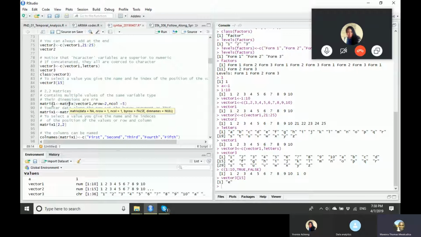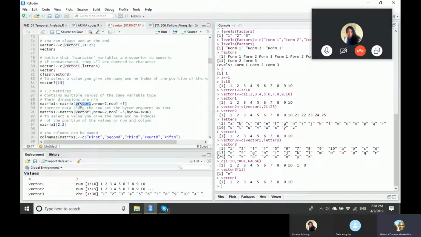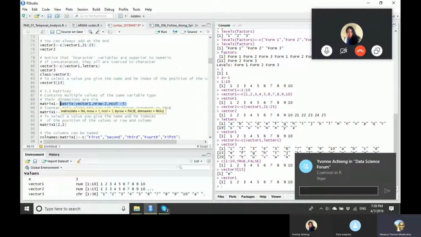For example, say we were creating a matrix. We're using the first vector which we created. It has values 1 up to 10. We're going to say we want to have 2 rows and 5 columns. Now, by default, when you just use the matrix vector,